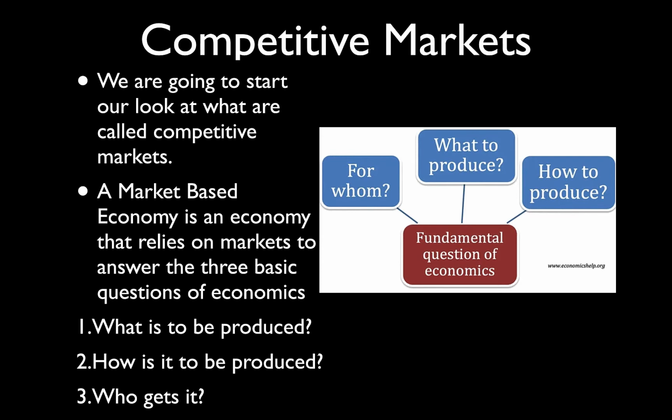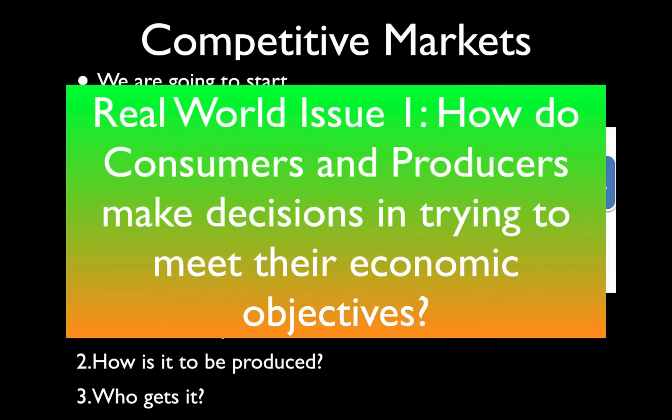But that means we have to know what to produce in order to satisfy those desires. In order to beat the competition, we have to produce them the cheapest, and then the people that are willing to pay the most, we try and sell it to them. And what I want you to understand is those actions that drive a market economy. So then if we know that they're really important, well, then we should ask, okay, what's a market? But before we do that, I'm going to bring in the diagram